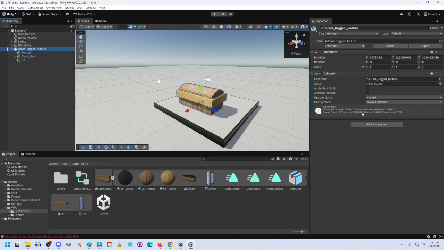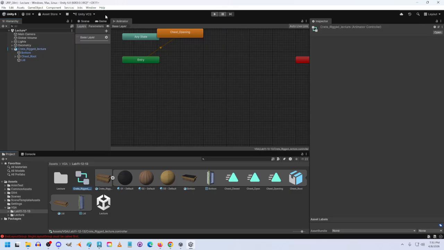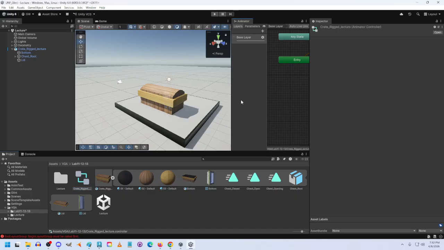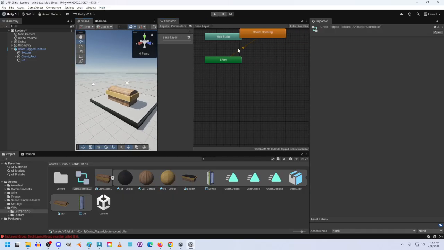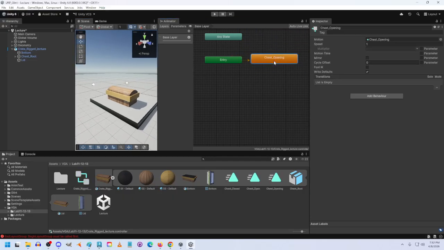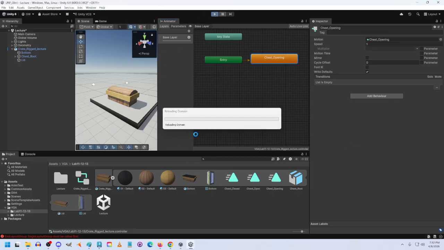The animator is what's going to make it move, and how it moves is determined by this. I'm just going to open this up. It brings up the animator window, and I've parented it here so I can see my view. Right now it is a state machine. It starts here and goes to this chest opening, and it's going to play that looped over and over again. If we go back and press play, you can see that